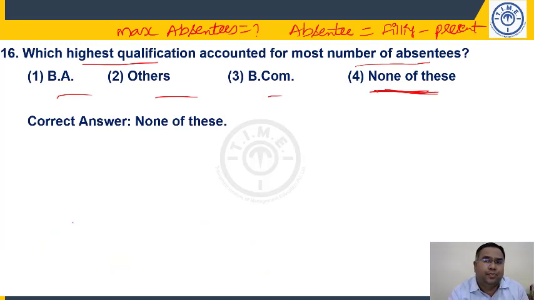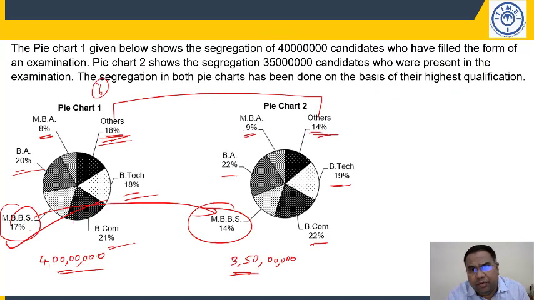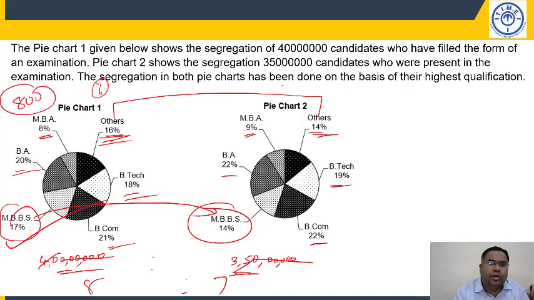None of this, right, students? If you want to calculate also, don't calculate by taking all these, right? Now, if you observe here, what is the ratio, students? Ratio of these. So I can say 6 zeros will get cancelled, 5 8s, 5 7s. 8 is to 7. So you assume total as 800 here, you assume total as 700 here. Then find out the absentees. Now it will be easy, no? 1% will be 8, 8% will be 64, 9% will be 63.